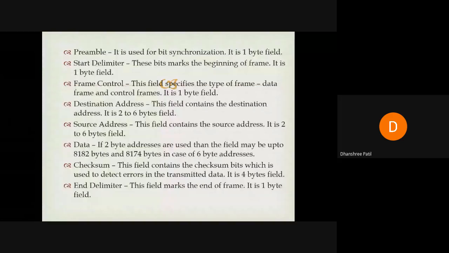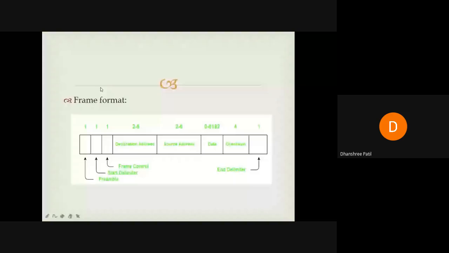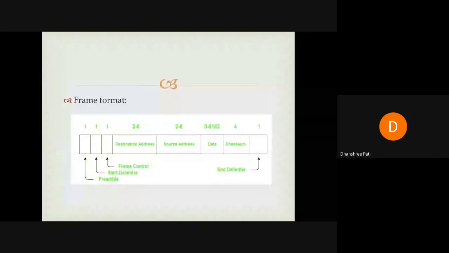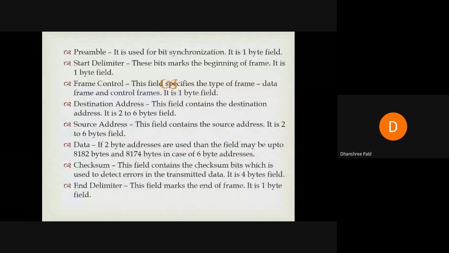In the 4th chapter we have seen this. Okay, so control field is used for communicating with the other frame. So similarly, this frame control field is used to check whether the frame is a data frame or whether it is used as a control frame. Control field in the sense to communicate with the other frame, or whether it is actual data. So that is decided by the frame control.